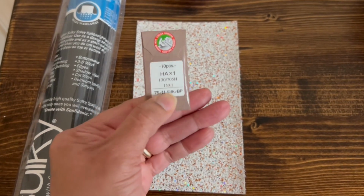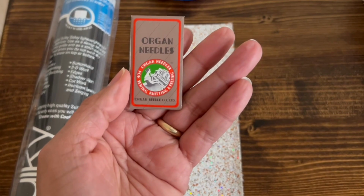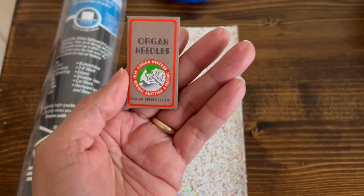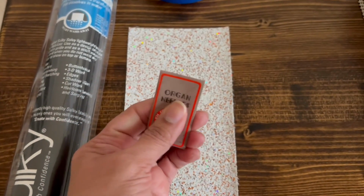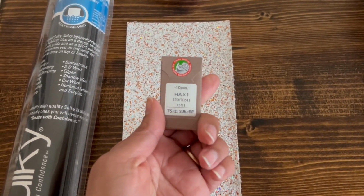these 7511. I got these all on All Stitch. I buy them in bulk, and these are the Oregon needles. It doesn't really matter what brand you use. These are just the ones that I started off with, and I have tons of them, so that's what I'm